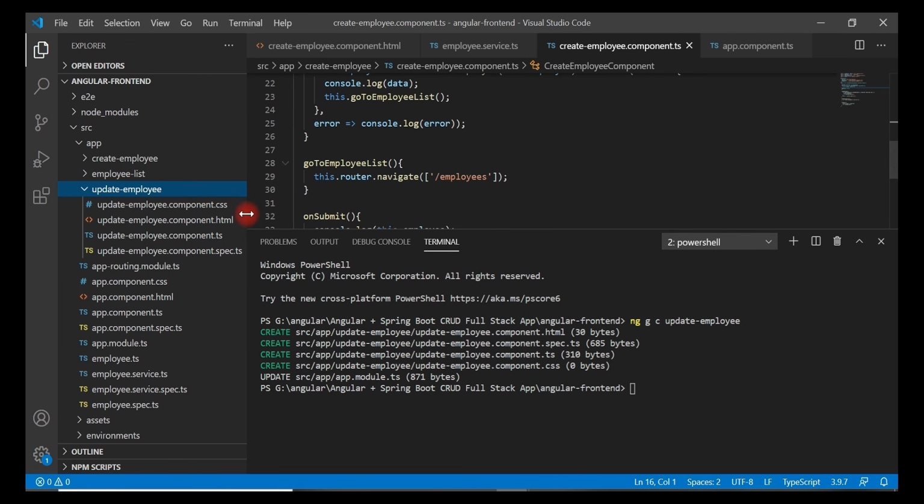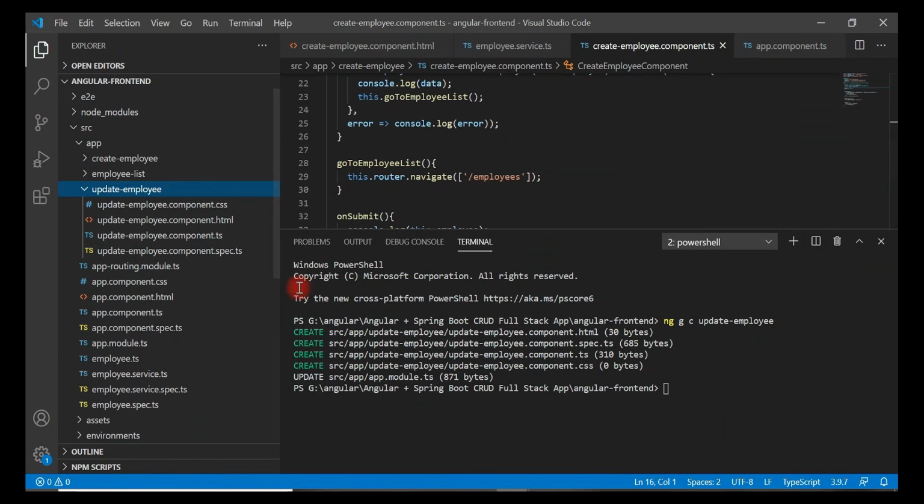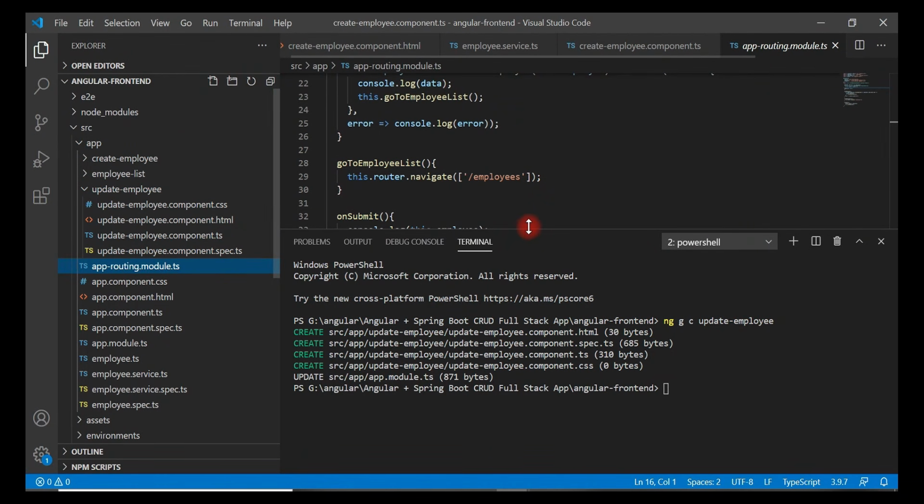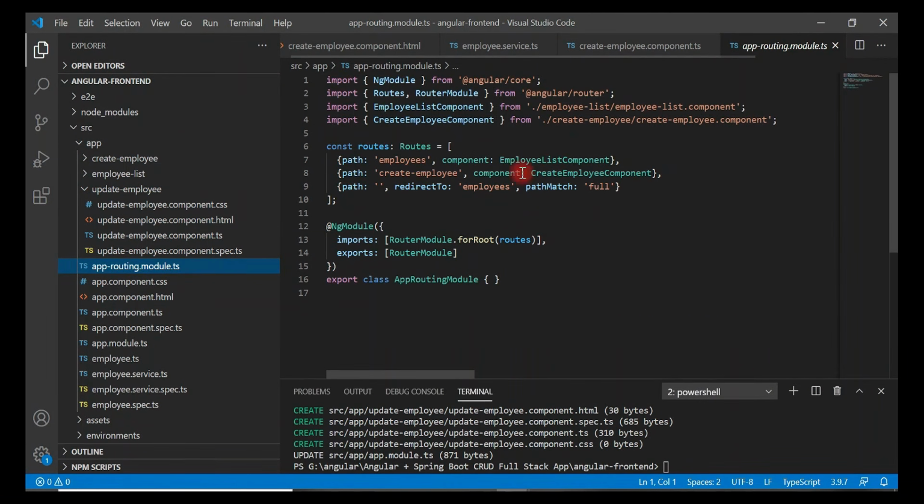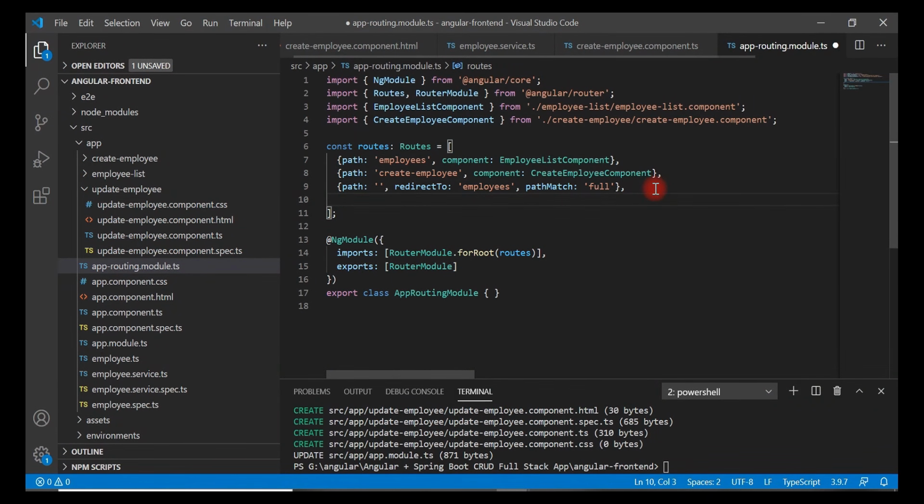Okay, now once we created the update employee component, let's go ahead and configure a route for the update employee component. Open app routing module and go to the routes array. Within the routes array, create an object, and we have a path property, and let's give the path as update-employee,